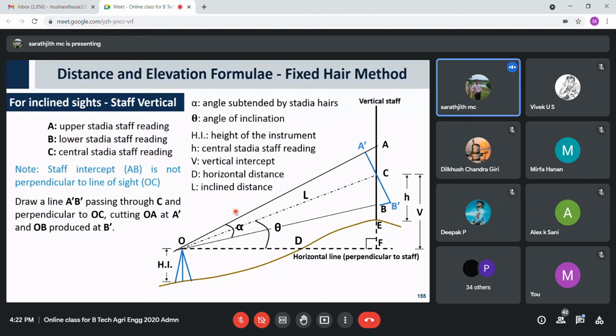Yes, sir. Okay. Next, we want to find the extra distance we want to measure. Before that, we first measure the angle. How much is this angle difference from A to A dash? We want to measure the angle A C A dash, and also B C B dash. These two angles we want to estimate. As these are opposite angles, they are the same. So A C A dash and B C B dash are the same.